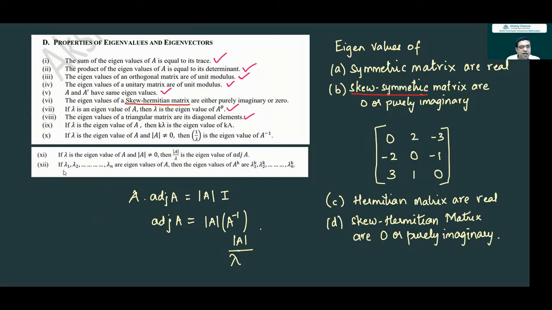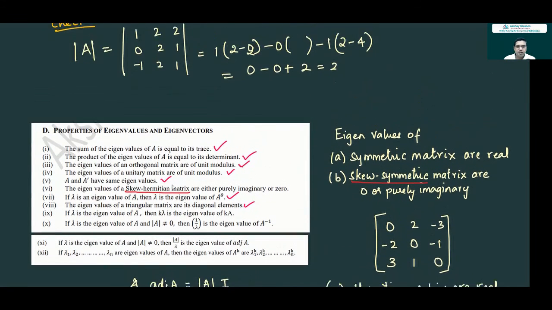All right. And last, if lambda 1, lambda 2, so on up to lambda n are eigenvalues of A, then eigenvalues of A power k are lambda 1 power k, lambda 2 power k, so on lambda n power k. So we can show all of these. All right. So this is about eigenvalues properties. We'll see